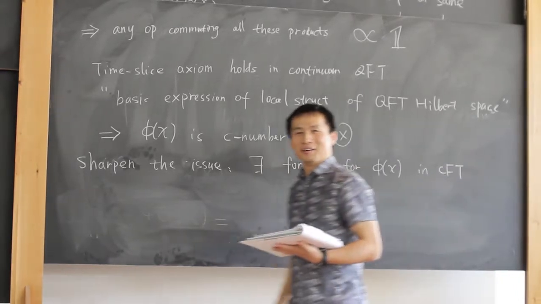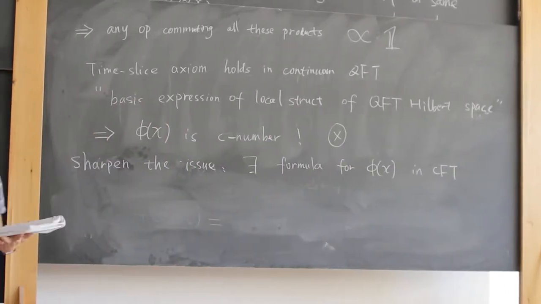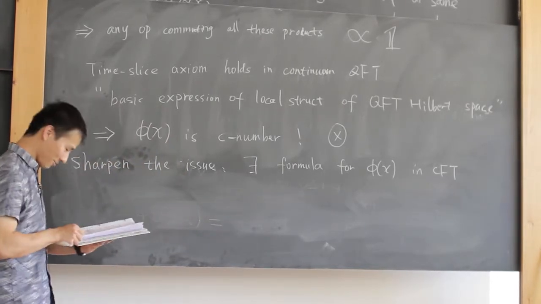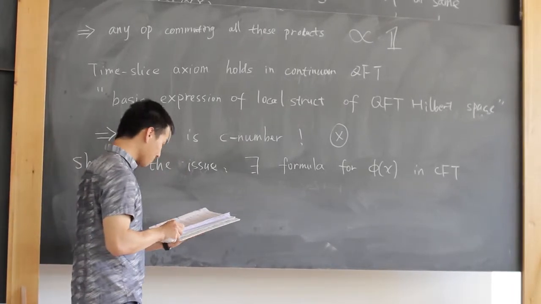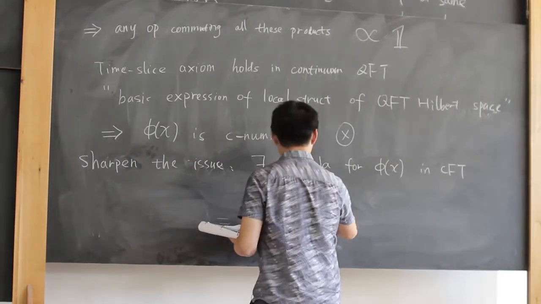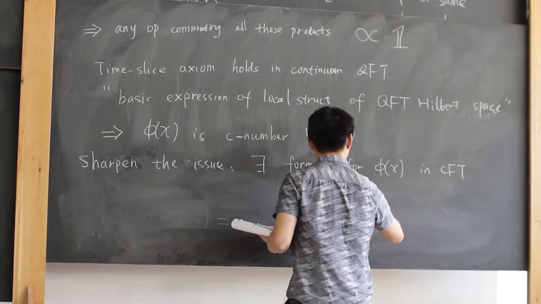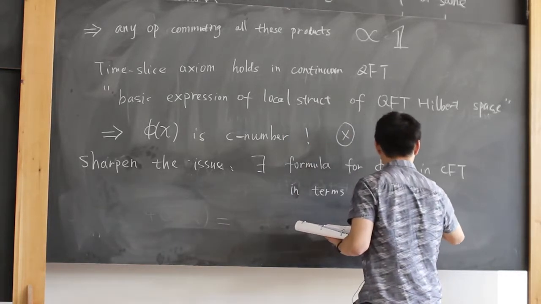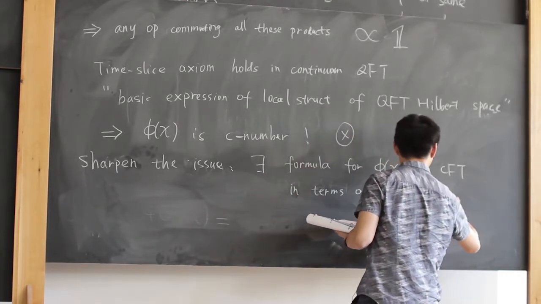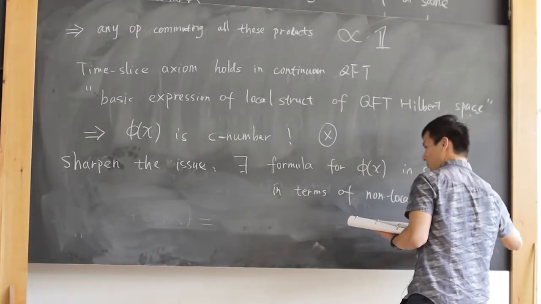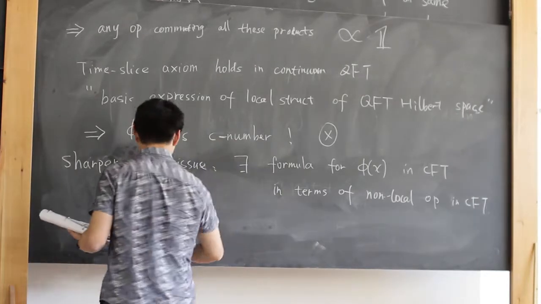We first said there's some problem with the commutator. Now we can, in principle, write down a formula and see what happens. It is a formula in the CFT in terms of a non-local operator. And this follows from